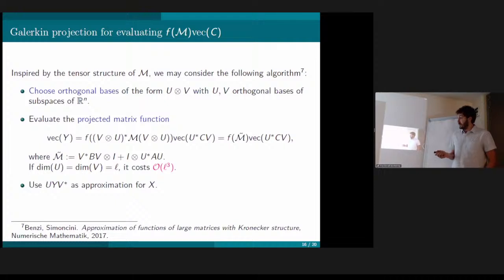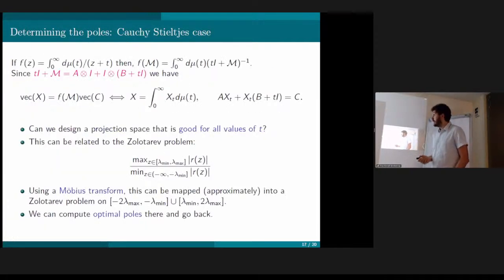And why do we do that? Because if you project using an orthogonal basis of this form, then you retain the Kronecker sum structure also on the projected matrices and vector, and you can still come up with a method for solving the projected problem that has a cubic complexity with respect to the dimension of these spaces, which is small. So in the interest of time, I can just sketch a little bit how to modify the idea for addressing the 2D version of the problem.